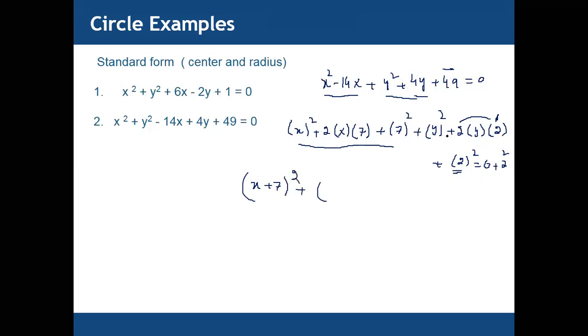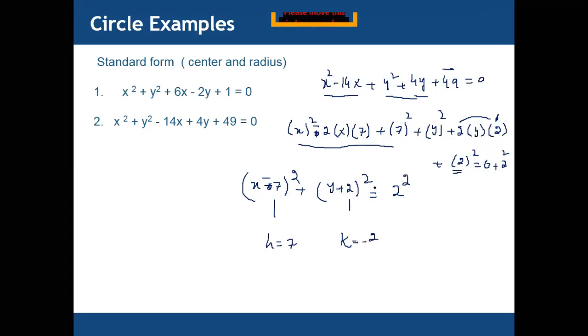Next one, y plus 2, 2 into square. Actually this one is minus, not plus. Thank you. y minus 7 whole square. Next one, y plus formula, so y plus 2 whole square equal to r square, where r square is equal to 2 square. Now we have h, and h is equal to 7. We have k, so k value actually, this one is minus 2.